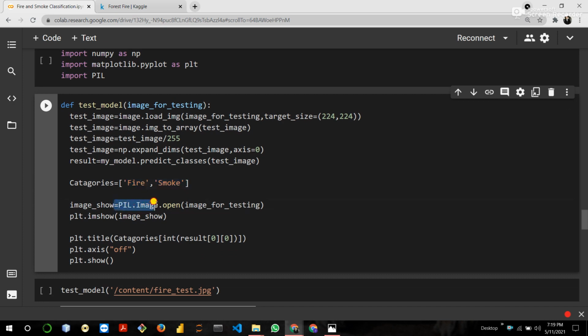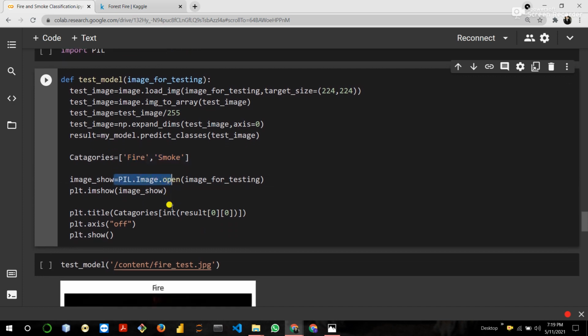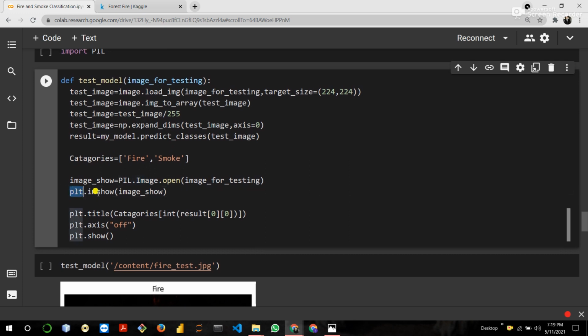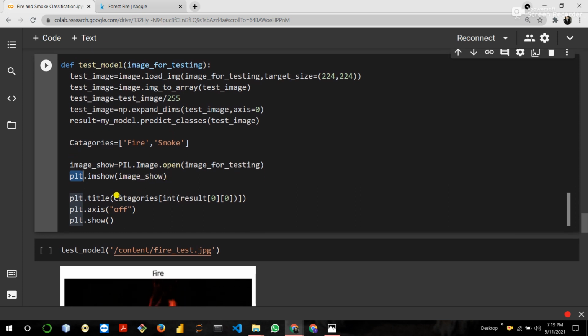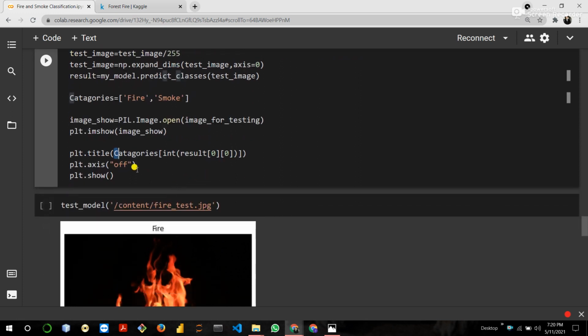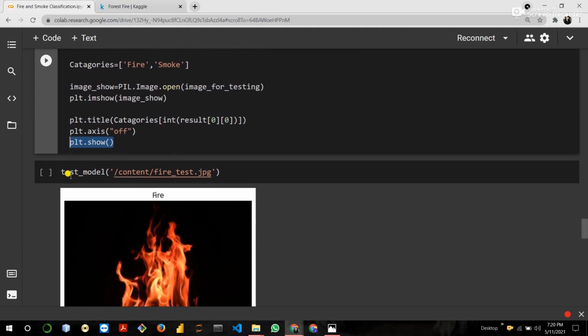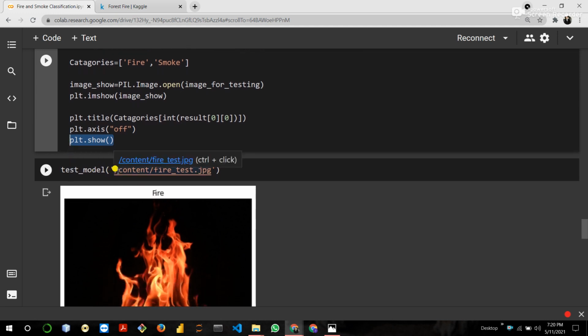The PIL library is basically used to open the image. plt.imshow, a Matplotlib function, is used to show the images, and plt.title sets the title. The axis is turned off, and plt.show is used to show the complete image.